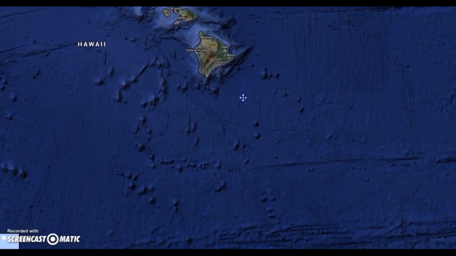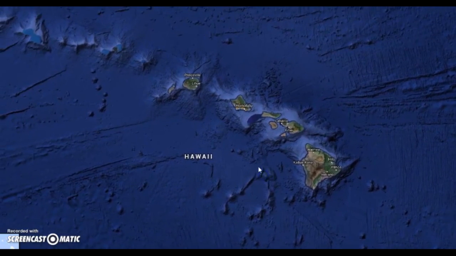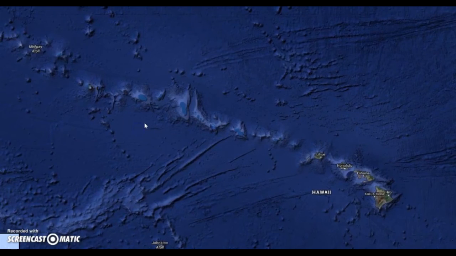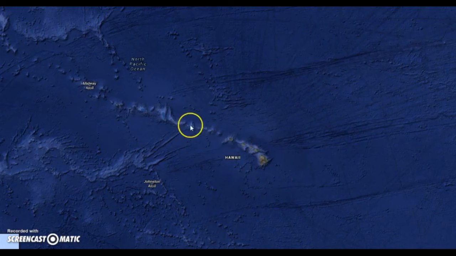Okay. If you take a look up and zoom out, you can see that this has been happening for a long time. That this plate has been moving across this hot spot. I don't know if these are connected or not, or if I'm just seeing things, but it certainly looks like this is all a part of the same system. The same thing happening. So if we go back to the notes,